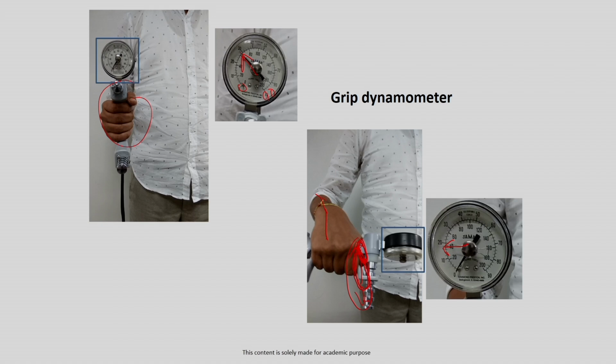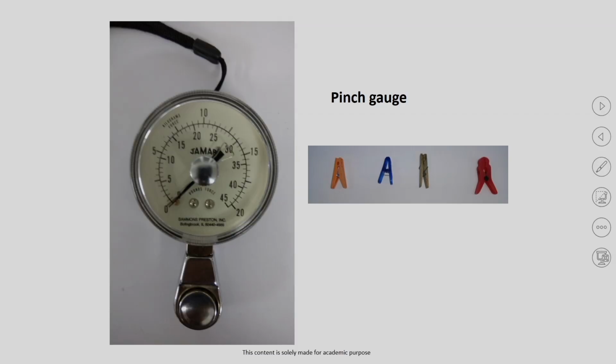So this is one implication where you are thinking you need the grip force. In design you have to take the grip force of the person, it is an important parameter, you should evaluate this thing. Now going to the next is pinch. Pinch gauge is another very simple instrument.